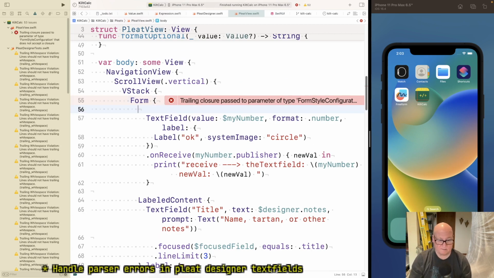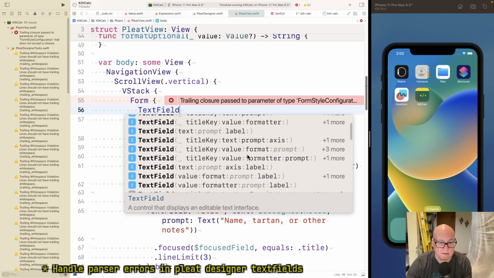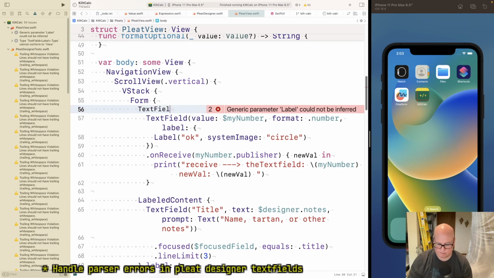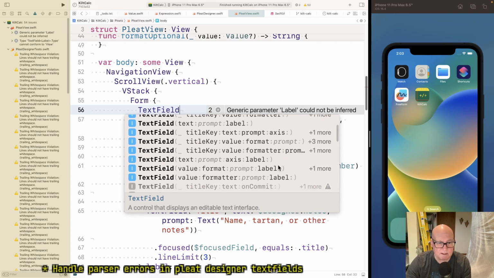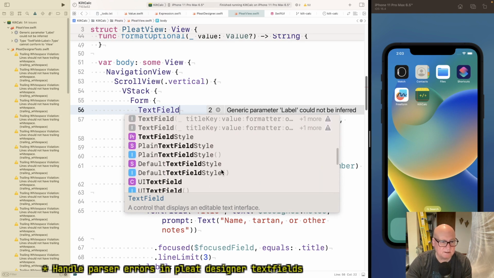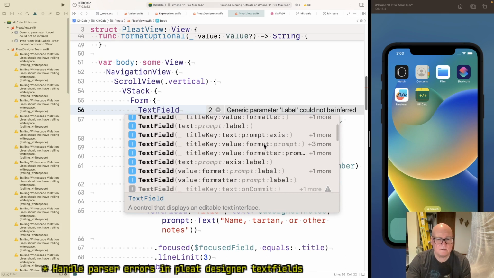All right, let's see what we can do with text field. Title key. I mean, we have to have a format. Text title key value format. I don't need the prompt. Oh, that wasn't the one we're using. Okay, text prompt. We only want the ones that take formatter. That's the one we're using. Format, I'm sorry. Okay, there was a second one. Title key, value, format, and ignore the prompt.